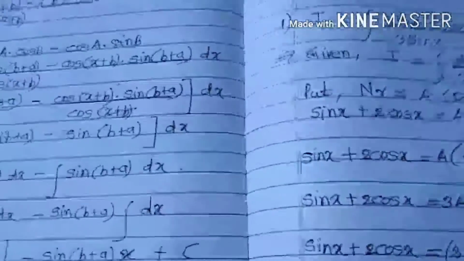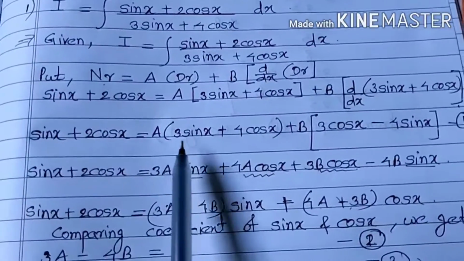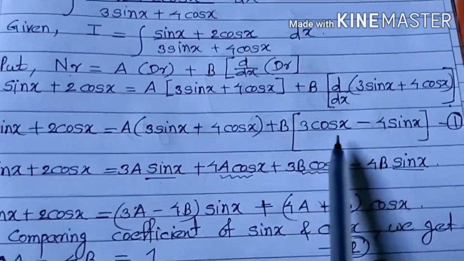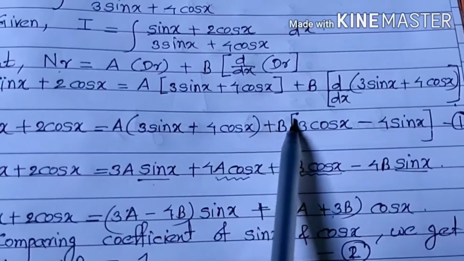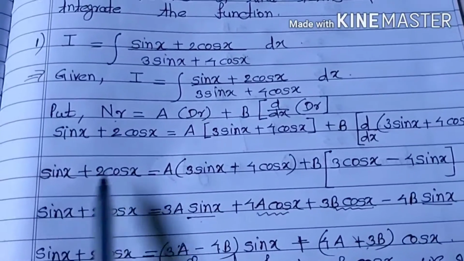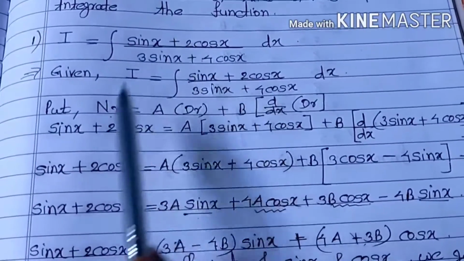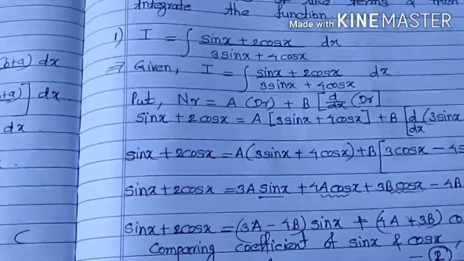So what is equation 1? You can observe here sin x plus 2 cos x is equal to a(3 sin x plus 4 cos x) plus b(3 cos x minus 4 sin x). So here you have to put the value of a and b, and then next, instead of sin x plus 2 cos x, you have to put the value of this. So it will become